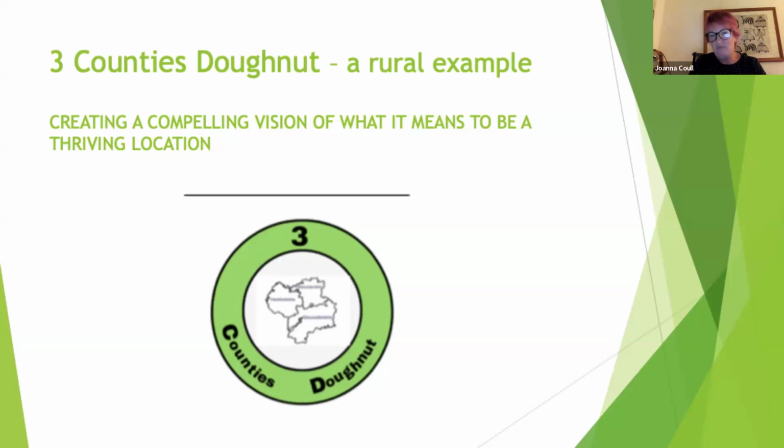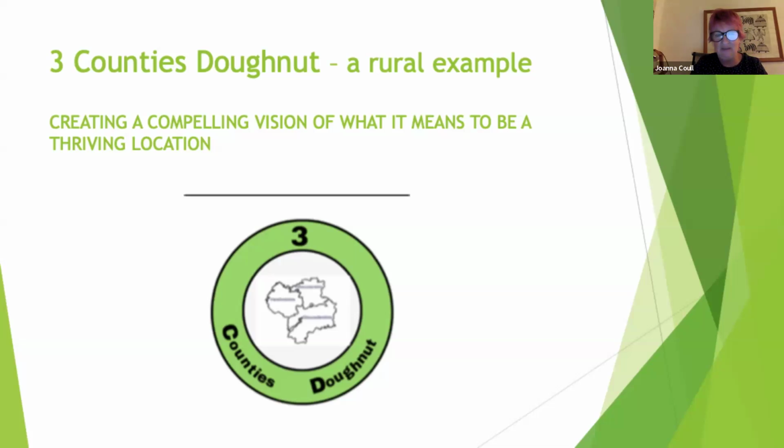And we came up with a three counties donut because, if you can just about see the map in the middle, we've got at the bottom Gloucestershire, Herefordshire top left, and then Worcestershire top right. And actually where we hold our meetings is, funnily enough, right in the middle of the confluence of where those three counties meet. So that's where it started. And the strapline at the moment is directly from Kate,